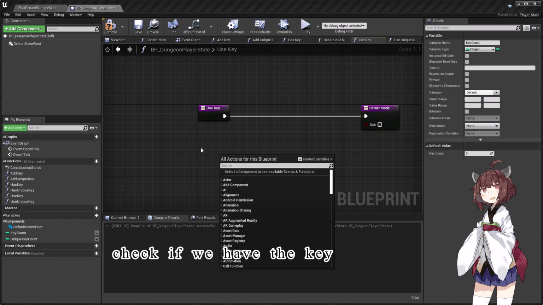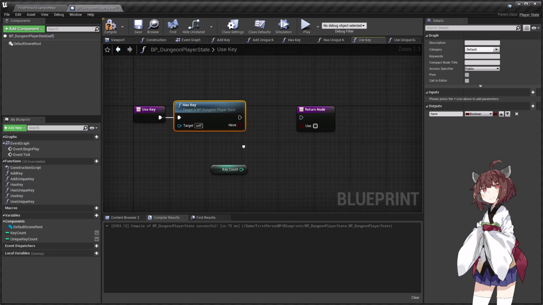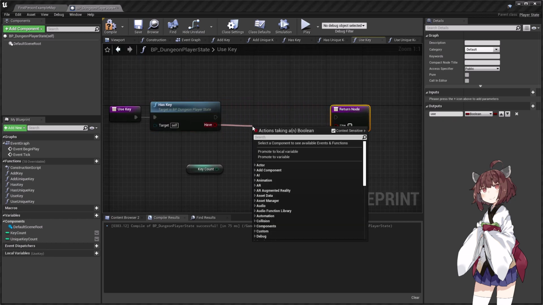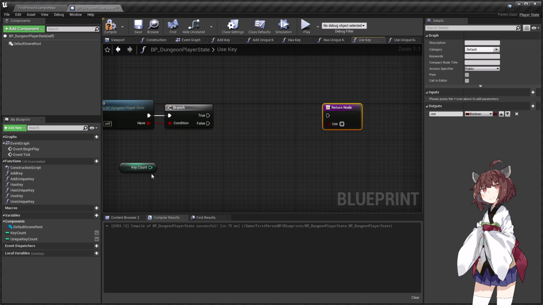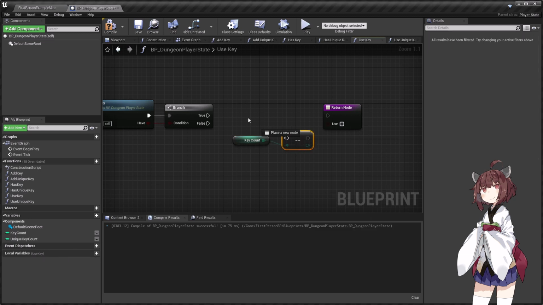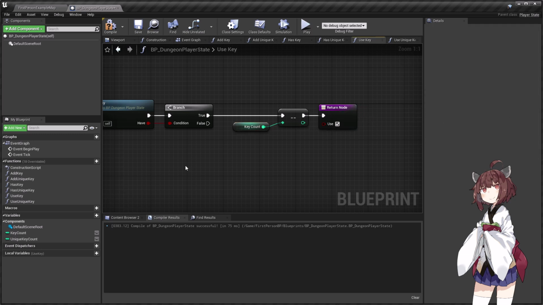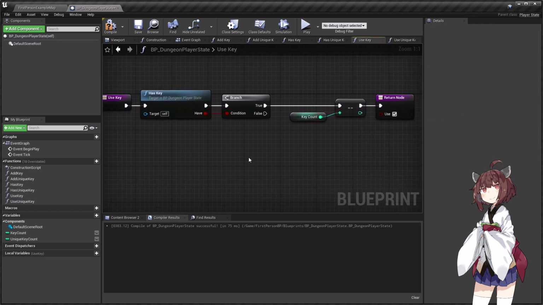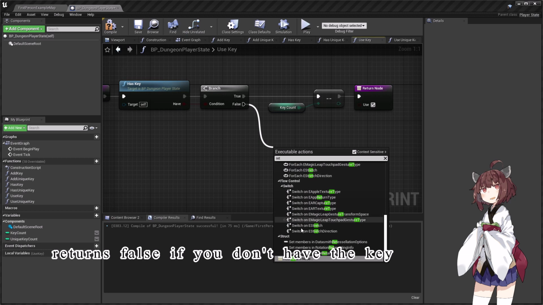Check if we have the key. If it has a key, reduce the number of keys. Returns false if you don't have the key.